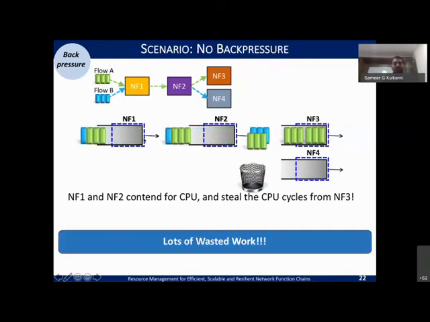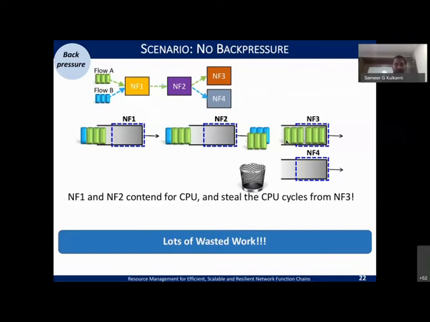So what that means is there is a lot of wasted work here. And this wasted work, like we are saying, if these NF1, NF2, and NF3 are all scheduled on the same core, they are not just impacting the throughput or causing drops here, but when NF3 requires the CPU, it is being taken up by NF2 and NF1 incorrectly, right? So it is called CPU cycle stealing. We don't want this to happen. You can eliminate the contention and make sure that these packets can be processed at NF3 at a fast rate. So this results in a lot of wasted work if we don't have a back pressure.